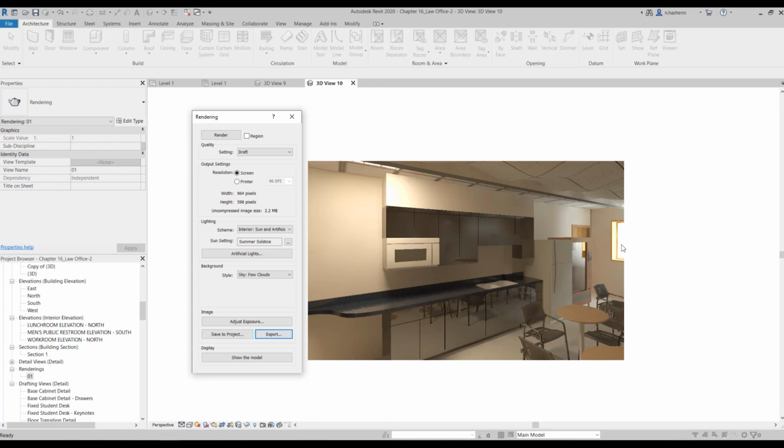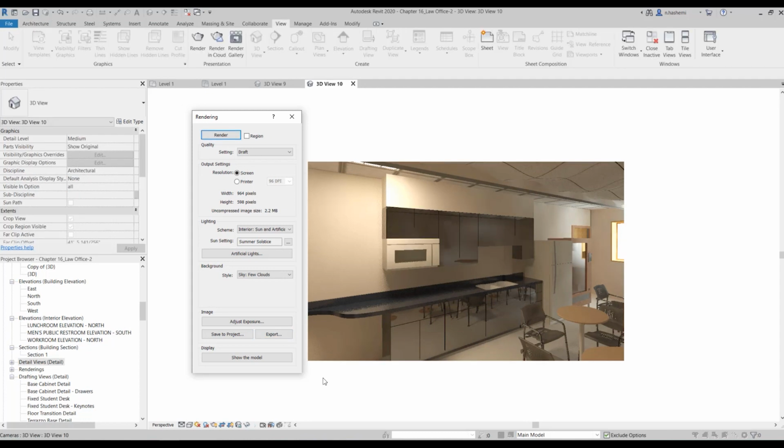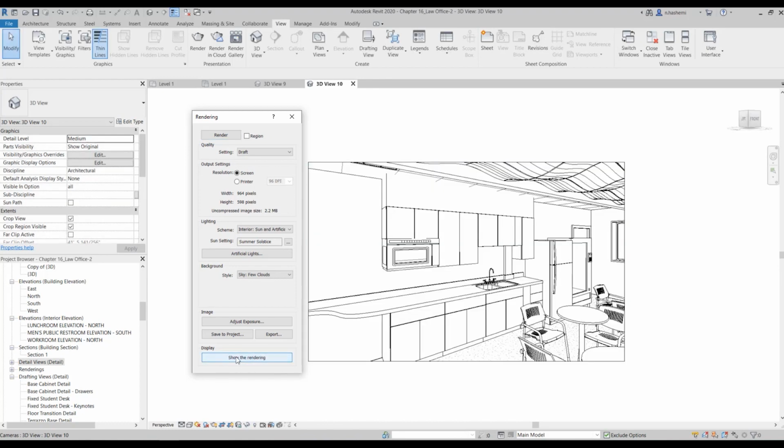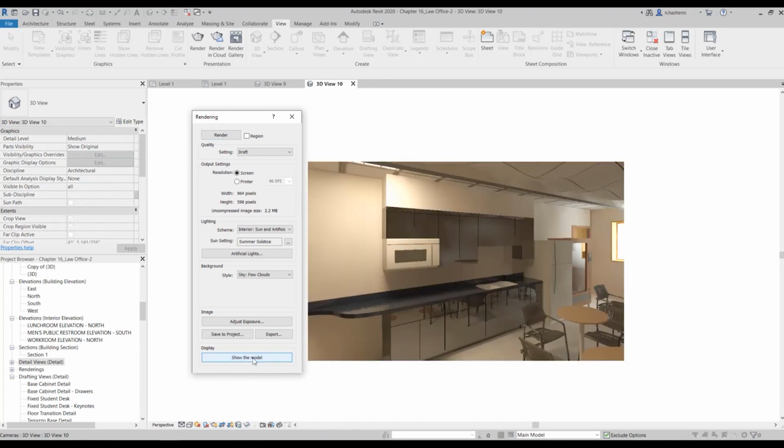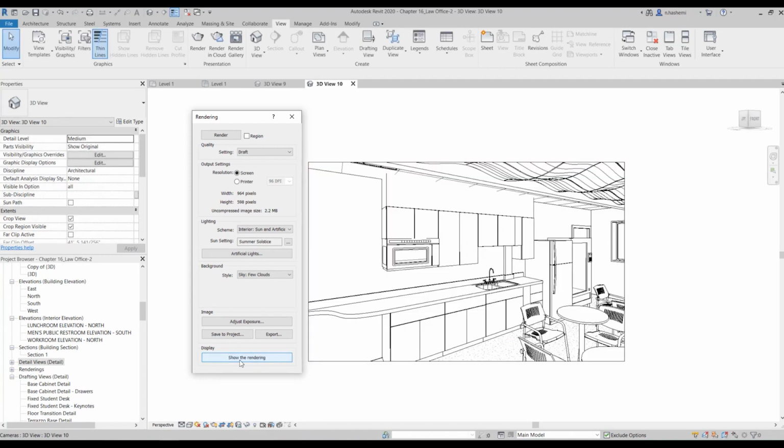Okay, so you can do those in Photoshop, for example. And also using this button, you can switch between your rendering and your model. Okay, so just click, and here you can see your renderings.